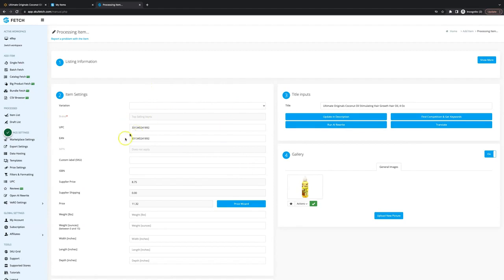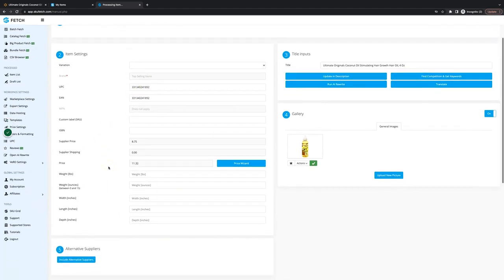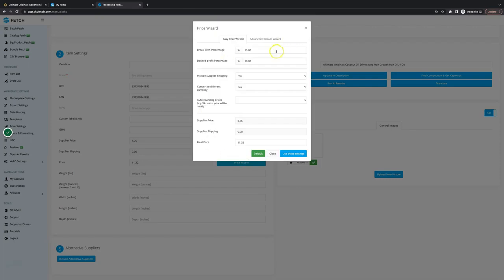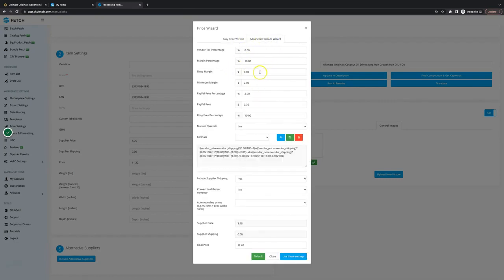We don't have any variation. So just go over all the data and see if everything is okay. So let's make sure the price is okay. But once the item gets into SKU Grid, it will reprice based on the price that you set at SKU Grid.